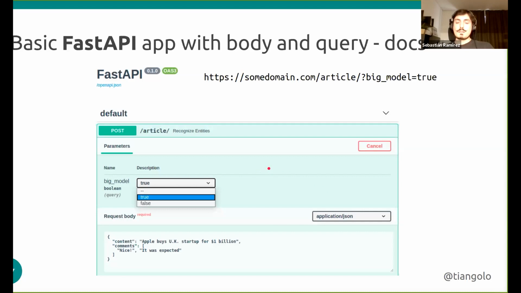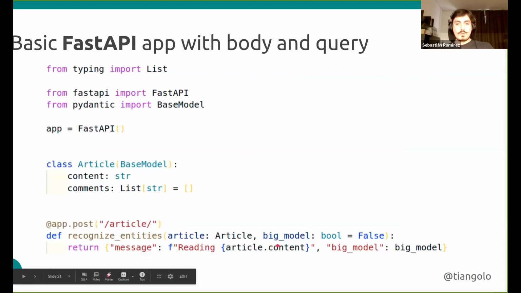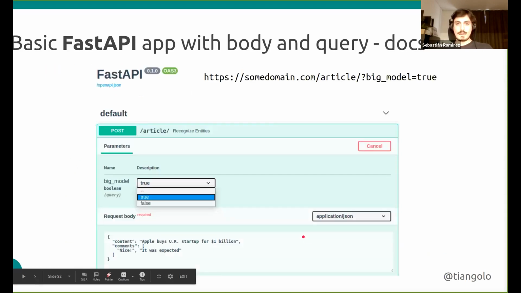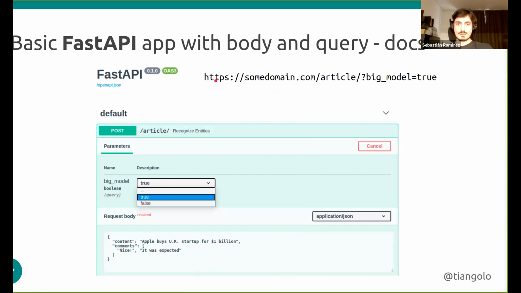Also, if we use this in the code, this big model, even though we are sending it in a query parameter, let's go back again to the URL. We are sending this big model equals true, but this URL is just a big string, and the server is receiving a string.